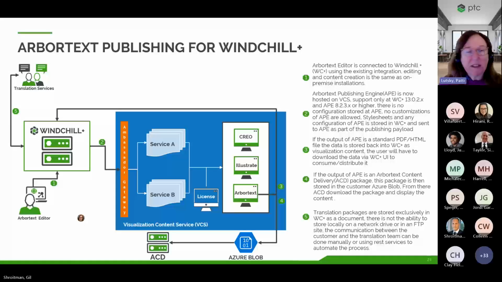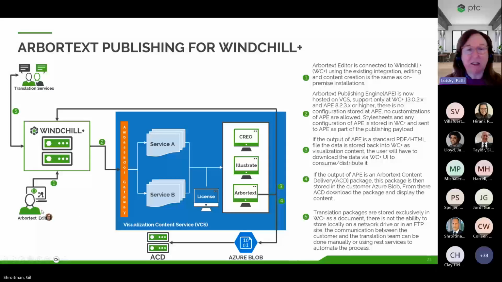But of course, the Arbortext Editor user, similar to what we've had before with cloud deployments, if they need to do a publish, then they need to either publish from Windchill, or if they're publishing from their editor, the editor won't have direct access to a publishing engine. So you would need the Print Composer option for